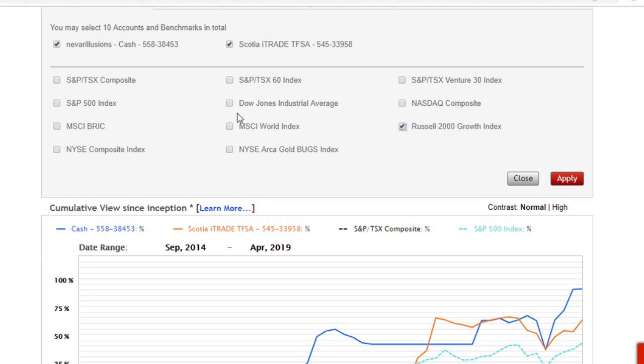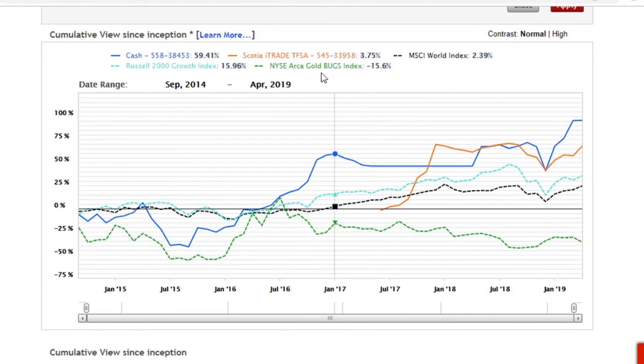the Russell 2000 growth index. Let's go against the world index, and maybe because you gold bugs out there, it's kind of nice that they put this. So I love the fact that they allow you to do this, because here we are opening up a whole new world of understanding. So the Russell 2000 growth index, guys, I have been severely outperforming. We're also looking at the Arca Gold Bugs index on the New York Stock Exchange, and you can see how gold has severely underperformed most of the markets in general, guys, which I think is something that should be talked about,